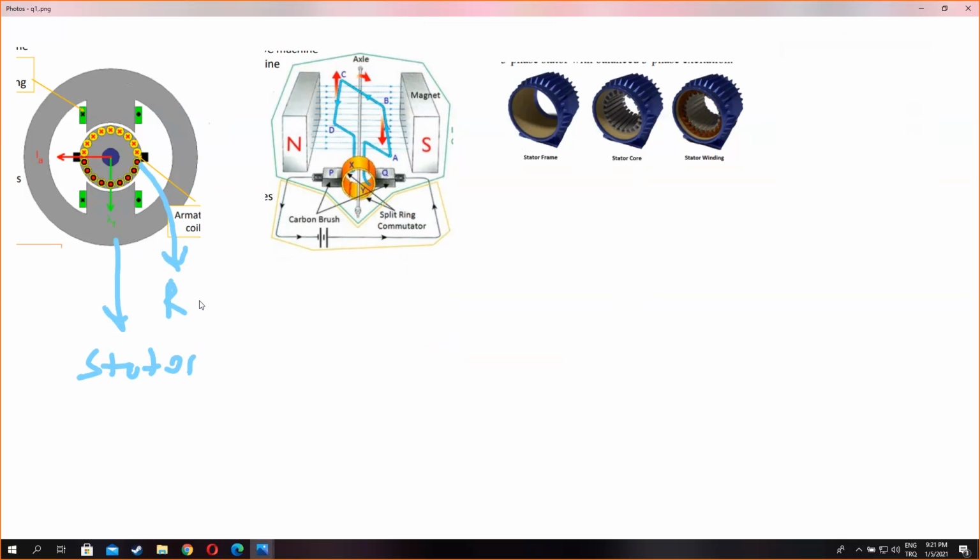And we can say that a DC machine is made of mainly two components, rotor and stator. The rotor consists of the windings, the electromagnetic core, and the commutator. And the stator part